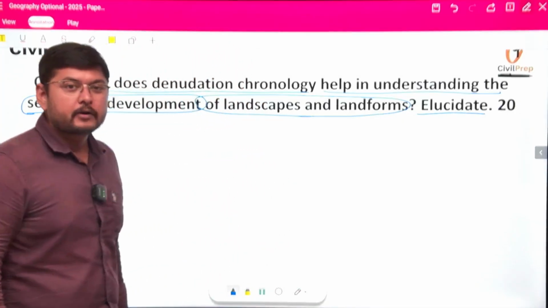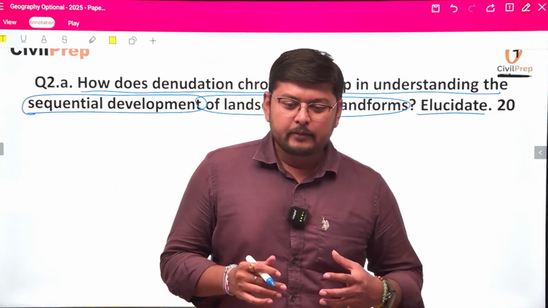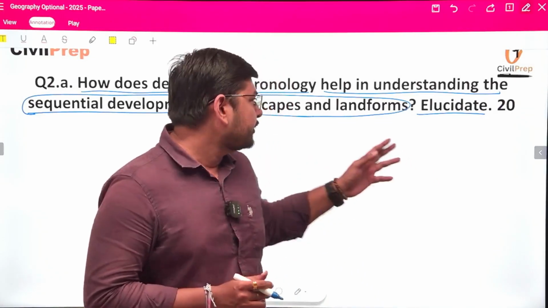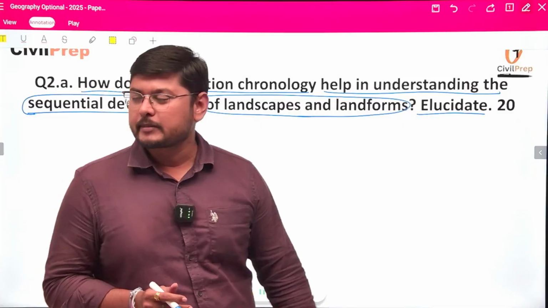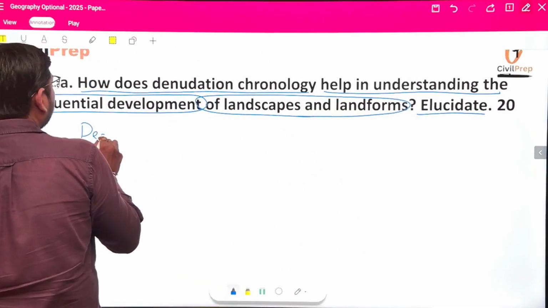Now this is a 20 mark question where we need to explain the denudation chronology, what it is, what the principles are, what the theories are, and how they are related to the sequential development of landscapes and landforms. Okay. So here we'll be seeing that the denudation chronology